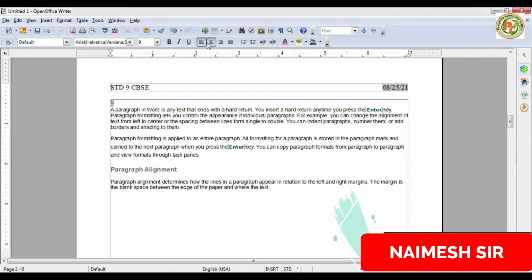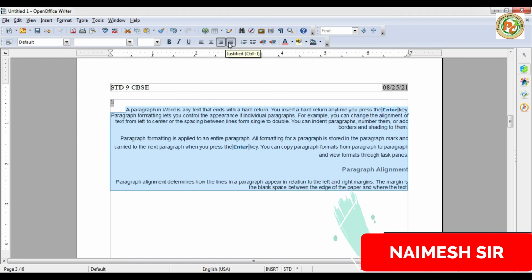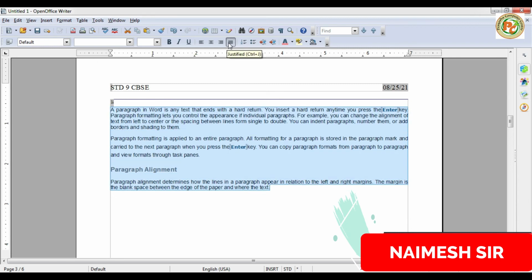You see, this is called the formatting toolbar, and there are some different options like left, center, right, and justification. So select our data first. Here 4 options are there. By default it is left, Control L; for center, Control plus E; for right, Control plus R; and for justification, Control plus J. You can also use these. But the main one is Control plus J, that is called justification. So this way we can add the justification option as alignment.